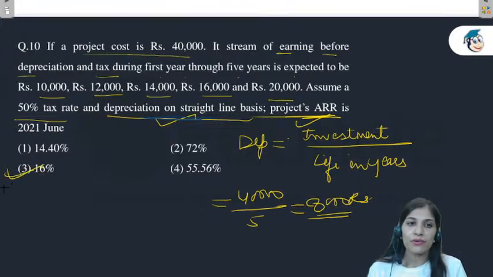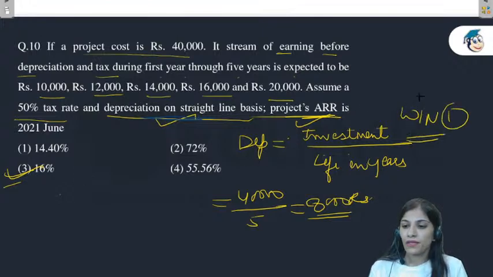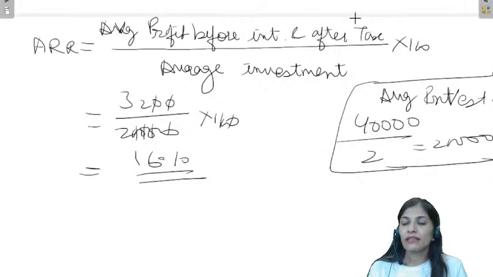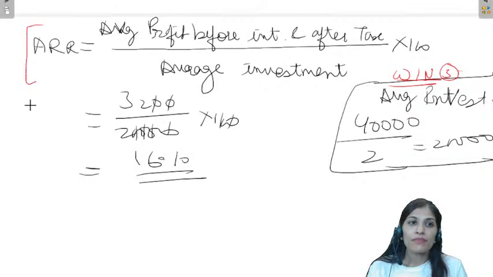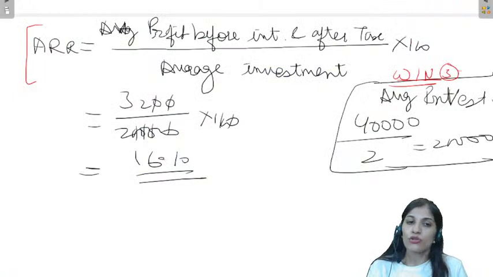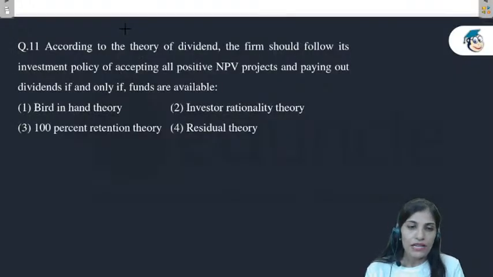तो आंसर वुड बी 16%। आपको पता चल गया वर्किंग नोट। पहला तो एक वर्किंग नोट डेप्रिसिएशन का बनेगा, ठीक है। इसके बाद दूसरा वर्किंग नोट आपका बनेगा एवरेज प्रॉफिट्स का, वर्किंग नोट 2, ठीक है। थर्ड जो आपका बनेगा वो वर्किंग नोट एवरेज इन्वेस्टमेंट का बनेगा, वर्किंग नोट 3। ये आपका पार्ट ऑफ द आंसर है, ये भी आपका पार्ट ऑफ द आंसर है। क्लियर है? तो आंसर है 16%।